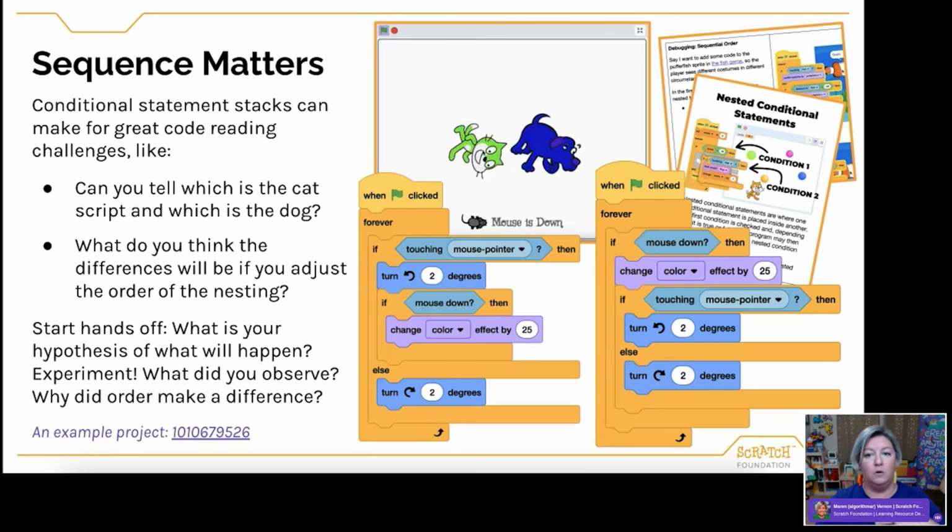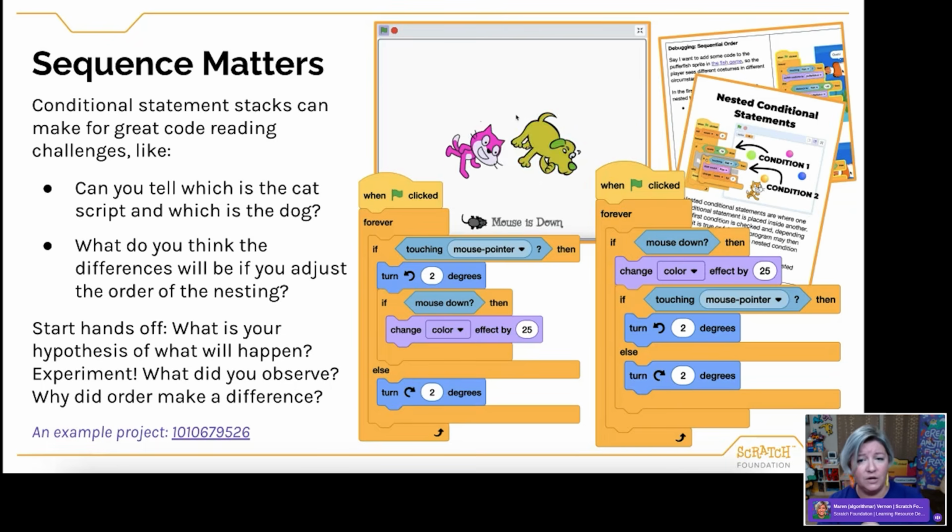So, click the mouse when it's touching each sprite. When it's not touching each sprite, what did you observe? Look at the code stacks for the cat and the dog. They use the same blocks. What's the difference? Well, the difference is the sequence, right? Which conditional statement is nested? Did the order make a difference? Well, in this case, quite a lot, right? So talking through that code out loud with a peer, or as a class, could be really helpful to test that understanding, and really bring home the fact that this sequence is important.